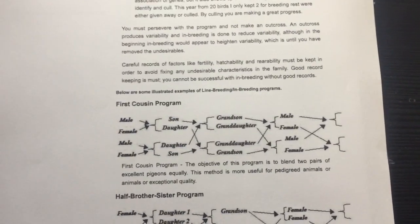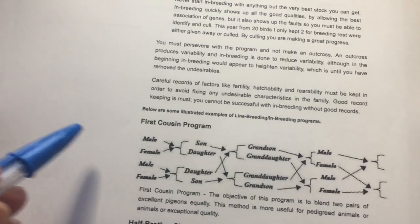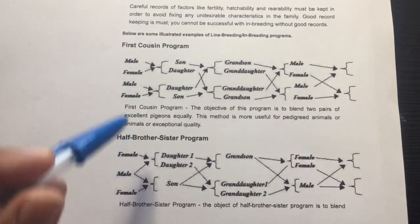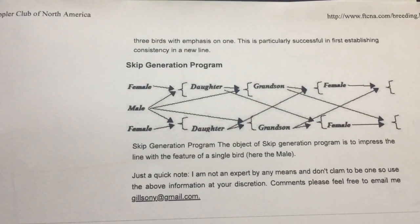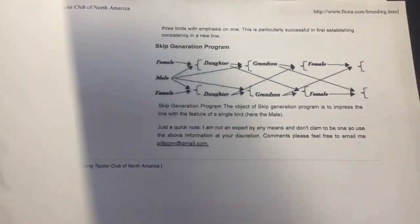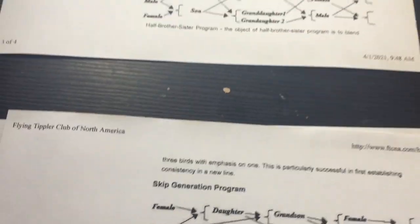So these are the breeding techniques in this article. The first one is called the first cousin program. The second one, this chart tells you, is the half brother sister program. And the last one in this article is the skip generation program, and it gives a definition for each one and when to use it. If we make a quick comparison here